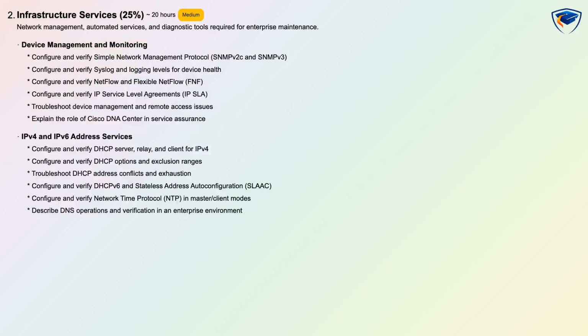Infrastructure Services makes up 25% and concentrates on device management, monitoring, and IP address services used in enterprise maintenance. Expect to configure and verify SNMPv2c and SNMPv3 for management, syslog and logging levels for device health, and NetFlow or Flexible NetFlow to monitor traffic patterns. You will practice IP SLA to measure network performance and learn how Cisco DNA Center supports assurance and automation in